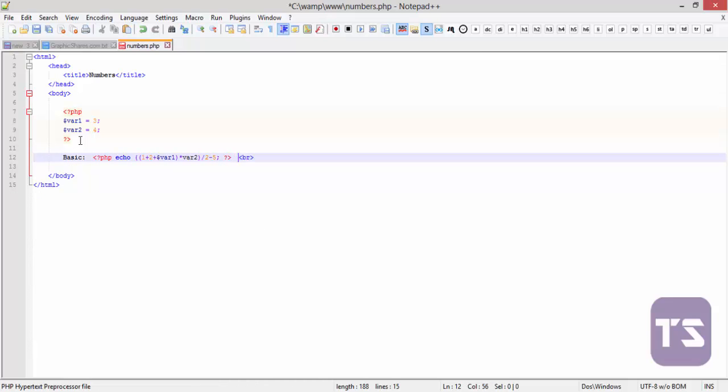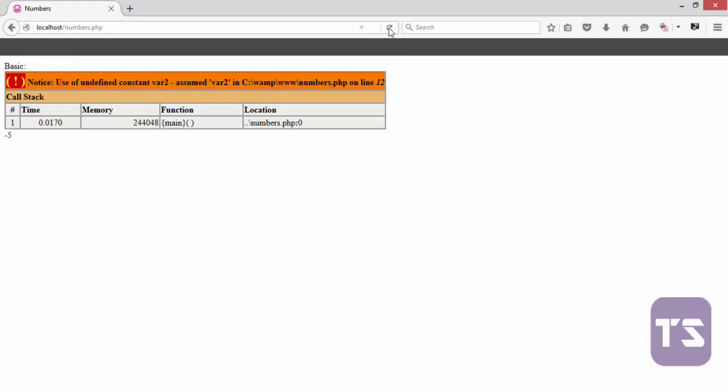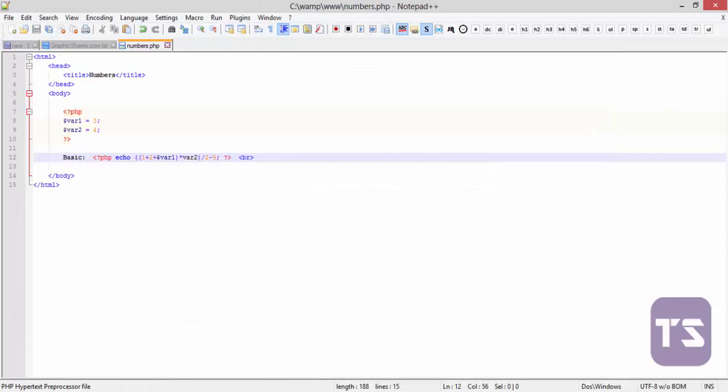Okay, so I'm gonna save this and see what it gives us in our browser. Refresh that. Let's look at where we're doing something wrongly. Okay, let's check that pretty quickly. Okay, we did not add our $ sign here, sorry about that. So I'm gonna save that and do a refresh. Very good. Now our answer itself, now this is basic mathematics, so it's very obvious that in PHP you can